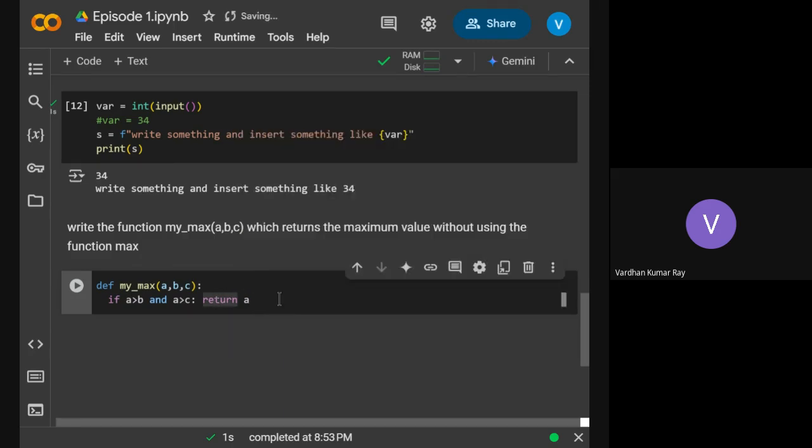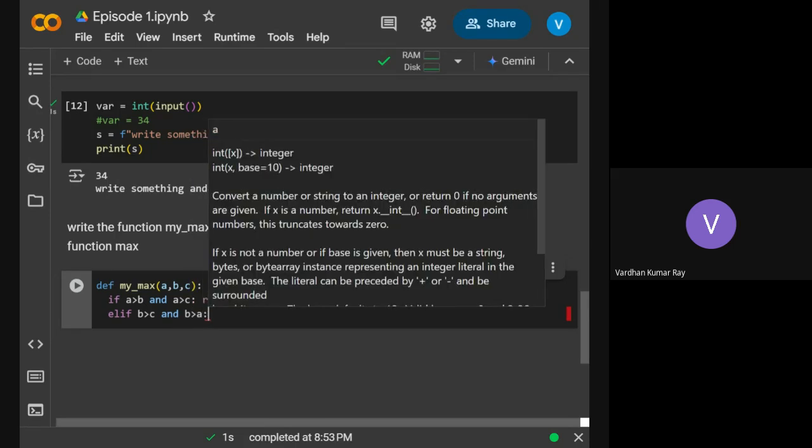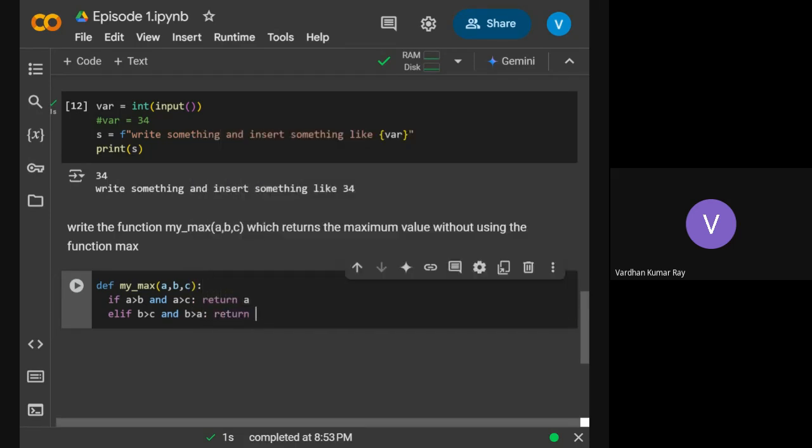Elif. Again, I'm using the terminology from the next episode, but I think it should be fine. If b is greater than or equal to c and b is also greater than or equal to a, then return b. Else c is the maximum. Else return c. Right? That's all.